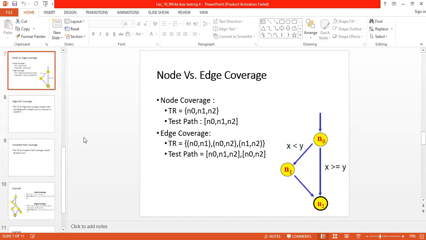So under the control for testing, you can do node coverage, edge coverage, edge pair coverage, and the complete path coverage, right? Whatever, these are not hard cases, right?